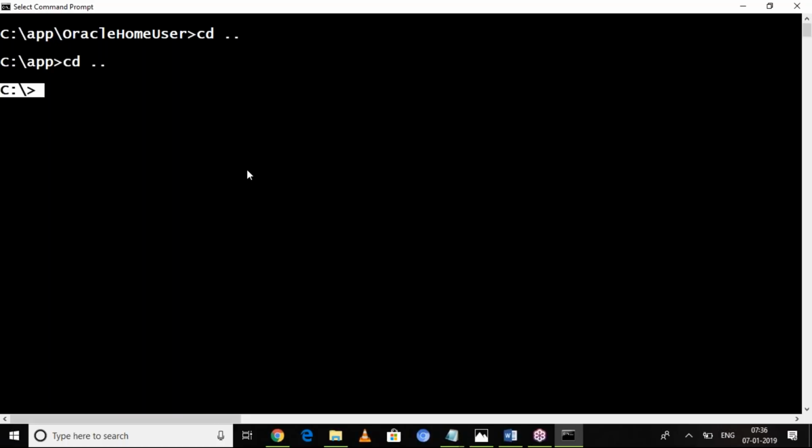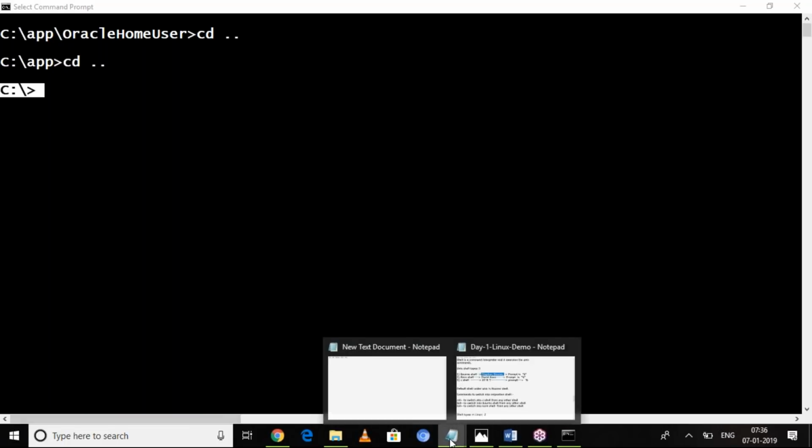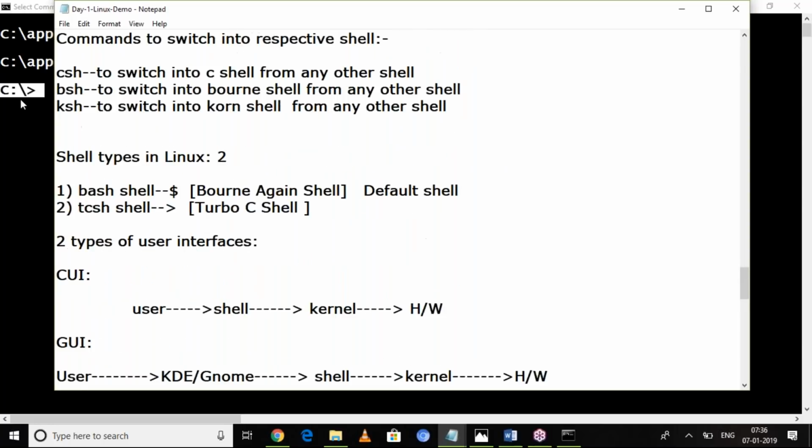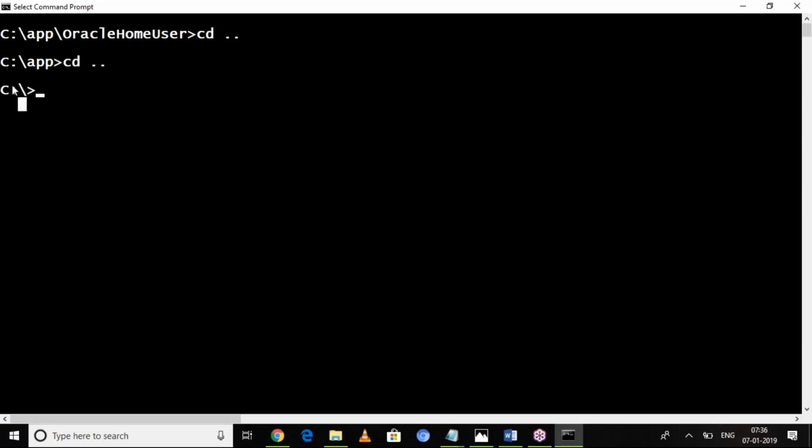Similarly, if we are working with the Bourne shell, what is the prompt? $. If I am working with the Korn shell, what is the command prompt? Again $. If you are working with the C shell, what is the command prompt? Percent symbol. You can see the percent symbol here.